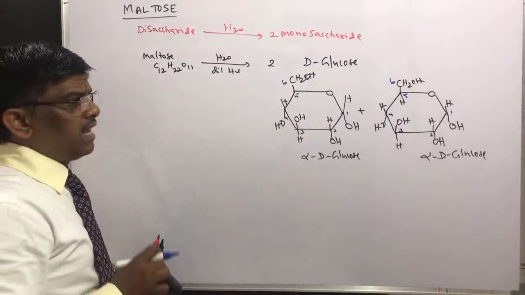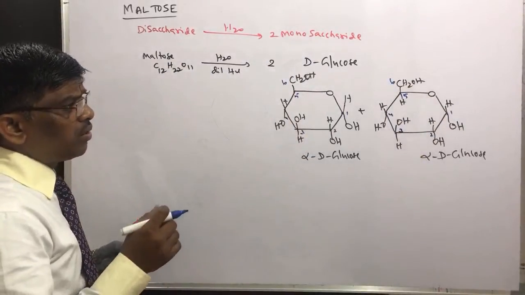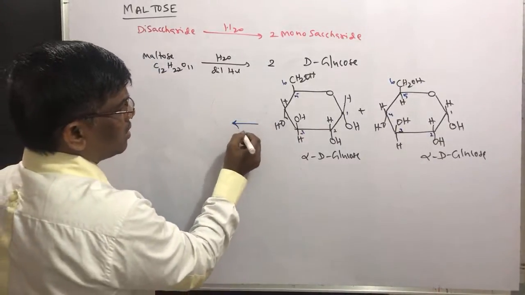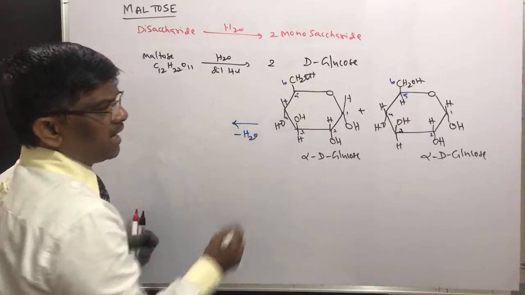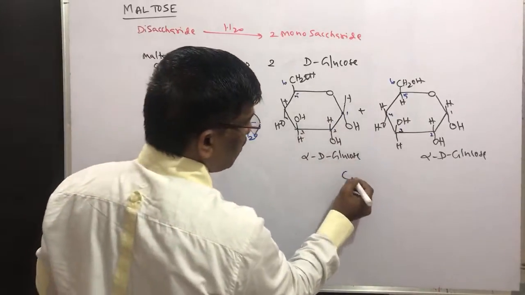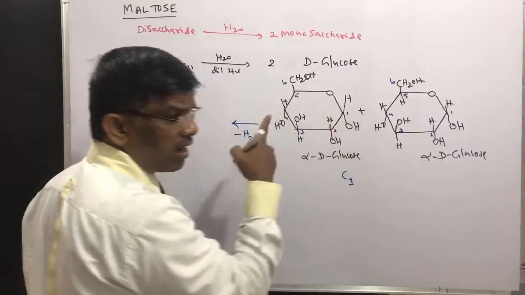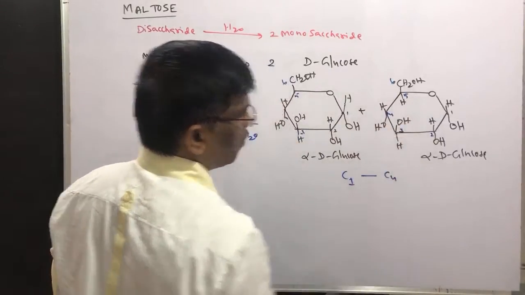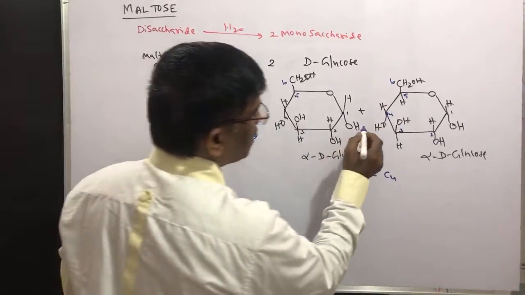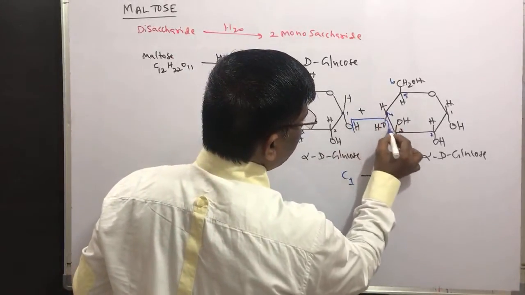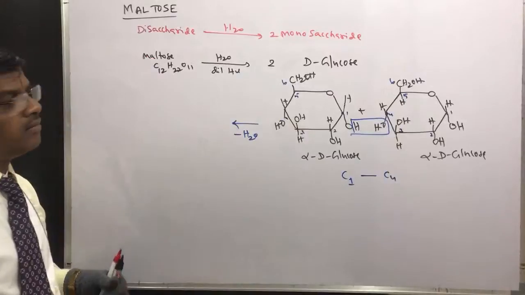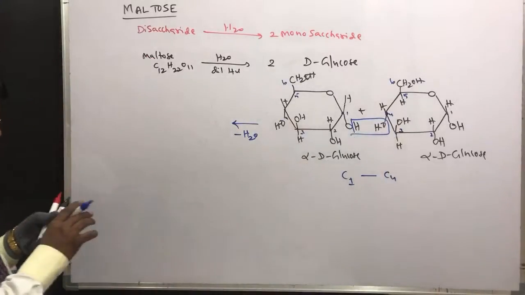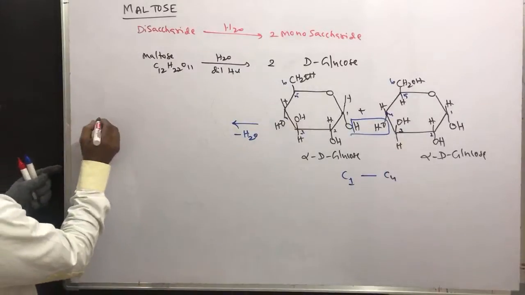So in this case it is going to have a glycosidic linkage, minus water, between C1 of one alpha D glucose and C4 of the other alpha D glucose. What is going to happen? Let me remove water like this. So the structure of this maltose can be written now. Very simple. See.